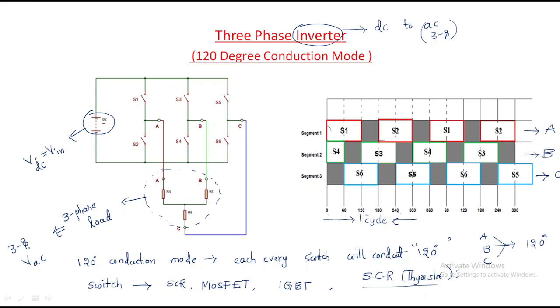Look at S4, this is 300 to 60. This is 300 to, look at here, this is 360. 360, 60 plus 60, 420, like that. So don't confuse here. At 360, a new cycle will be started. That's why it is 0. And like that, 0, 60, 120, 180, 240, 300 will be considered.